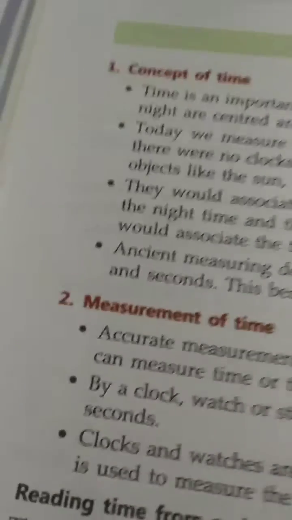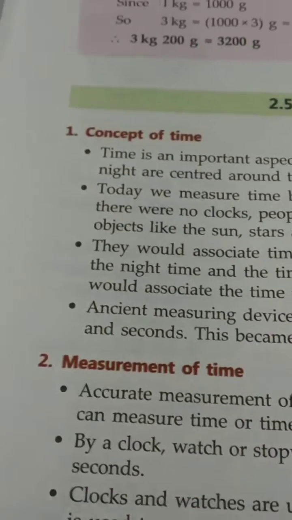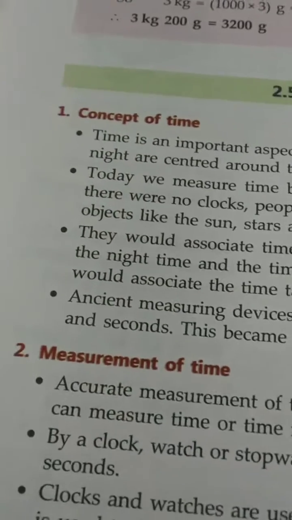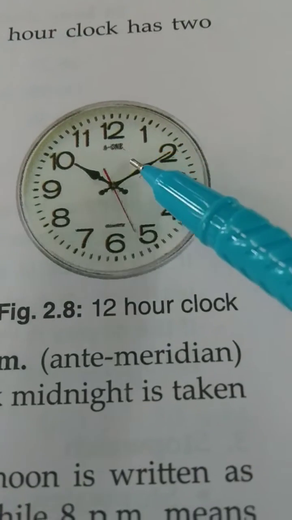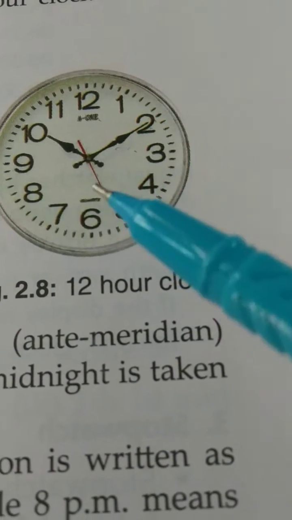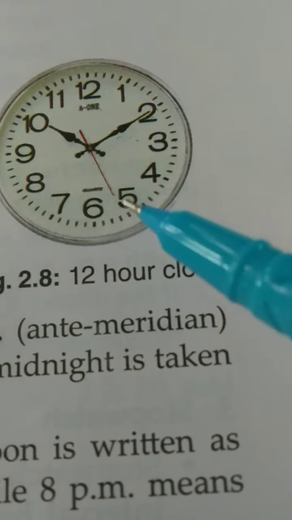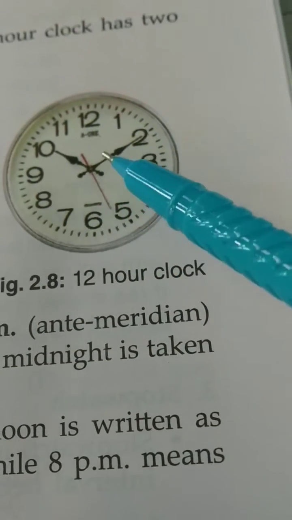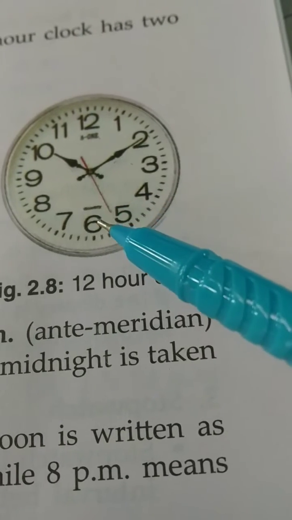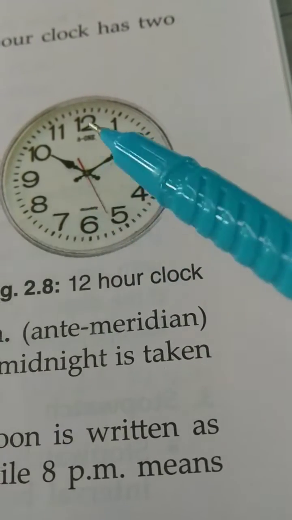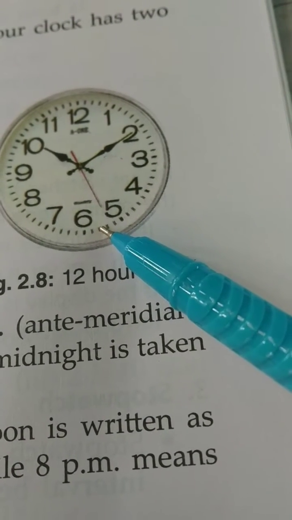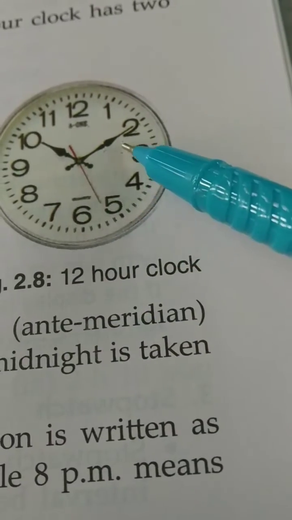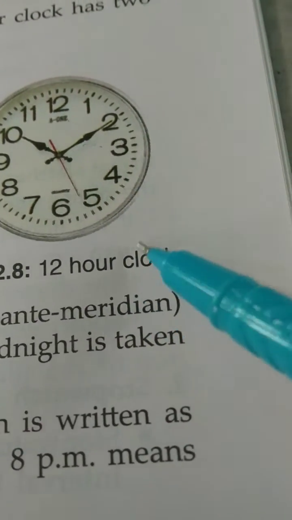Measurement of time. Now, more accurately, we measure time by using different sorts of clocks, watches and digital watches. As we read the watch, time is displayed either in 12 hours or 24 hours. In a 12-hour clock, time is expressed in 12 hours. In it, the shorter needle is the hour needle, the longer is the minute needle, and the third is the second needle, through which we come to know the time in our daily routine.